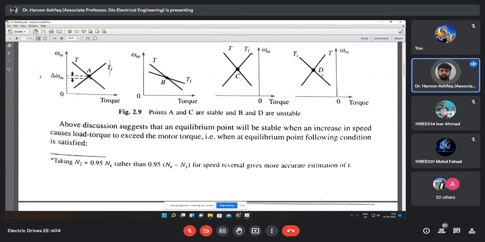ओके, ये कैरेक्टरिस्टिक्स हमने ऐसे दिखाई हैं आपको। अगले टर्न पर मोस्ट प्रॉब्ली मैं कुछ कैरेक्टरिस्टिक्स आपको बना के दिखाऊंगा मोटर्स की, एग्जैक्ट मोटर्स की, DC शंट मोटर की, DC सीरीज मोटर की, इंडक्शन मोटर की। तो you can very well see that you can have multiple points of operation, but only some single points on which the system remains stable. ठीक है, तो अगले क्लास में मोस्ट प्रॉब्ली मैं आपको दिखाता हूँ कुछ कैरेक्टरिस्टिक्स ऐसी बना के।